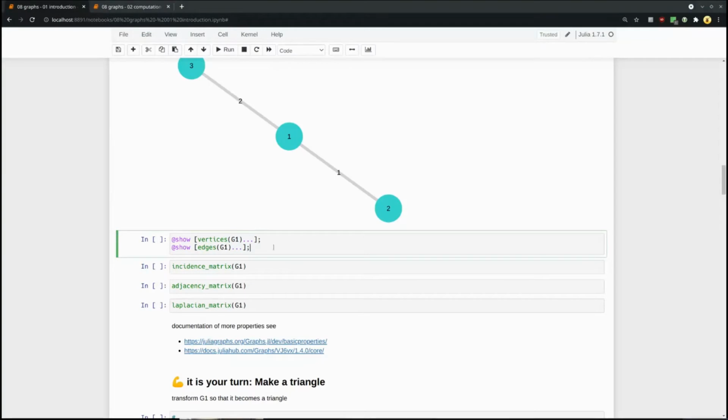So we have vertex iterator and edges iterator, and they